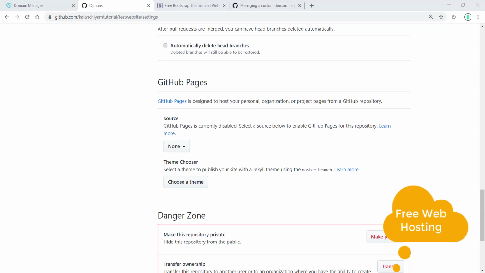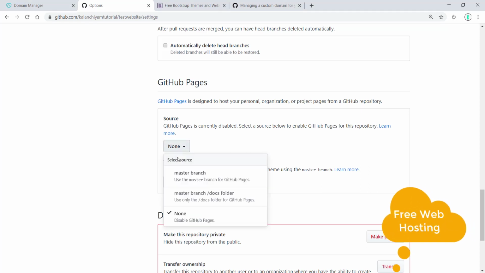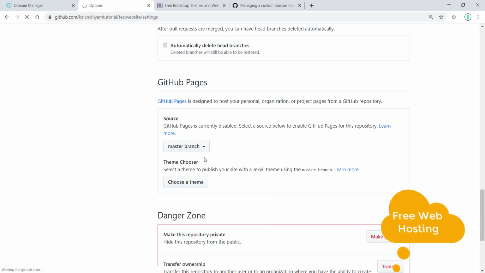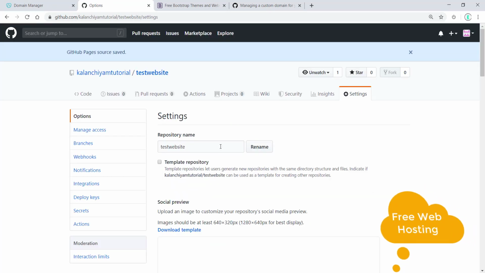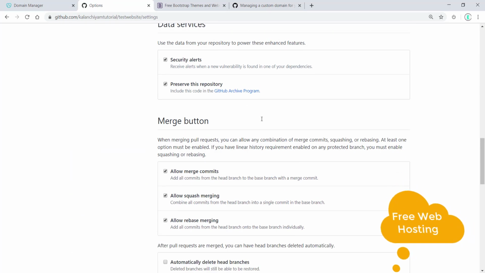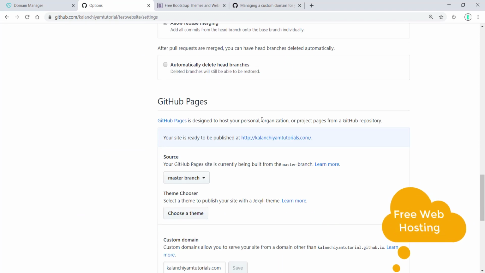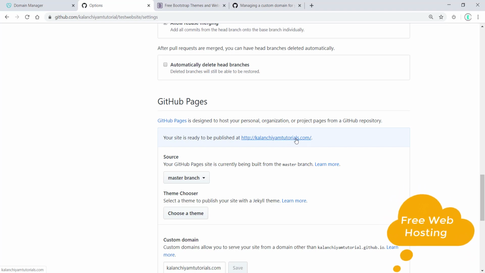I'm going to choose the master branch here. Just change it, and it automatically gets deployed on GitHub Pages. We have to wait for a few minutes to deploy. Once it's deployed, you will see the website URL here.